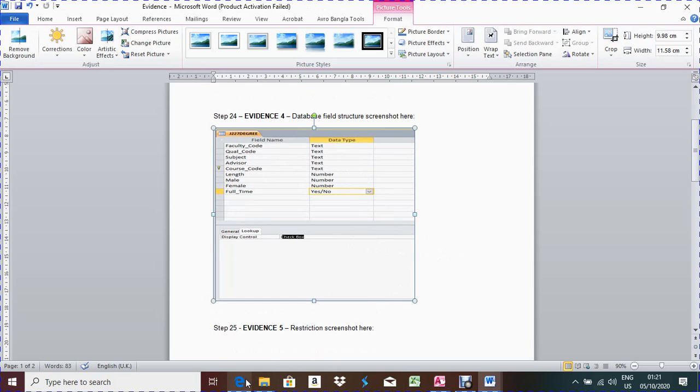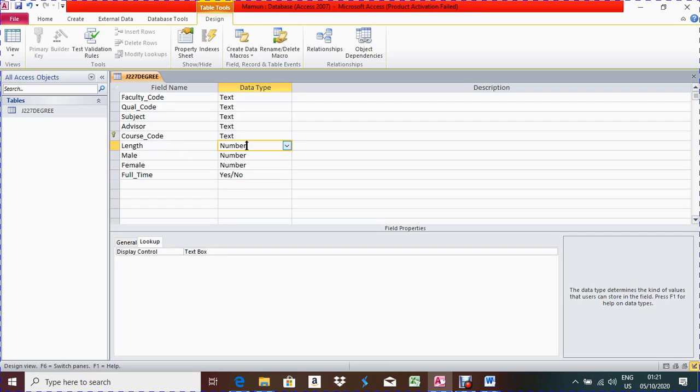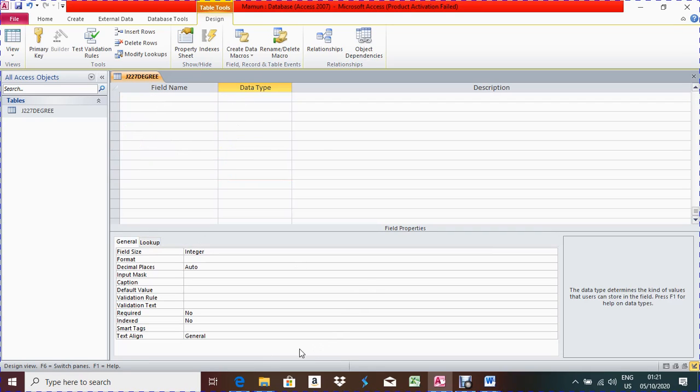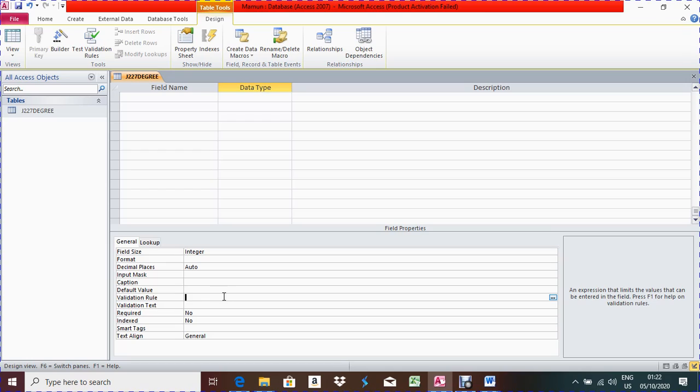Okay, done. Now next question, restrict the data entry in the length field to accept only the number 6 or less. So what you will do, first you have to keep your cursor pointer over the data type of length field, then go to general. So what will be the restriction? That means validation you have to give to accept only number 6 or less. So in that case, validation rule, you have to write down less than equal to 6, and data validation text you will type